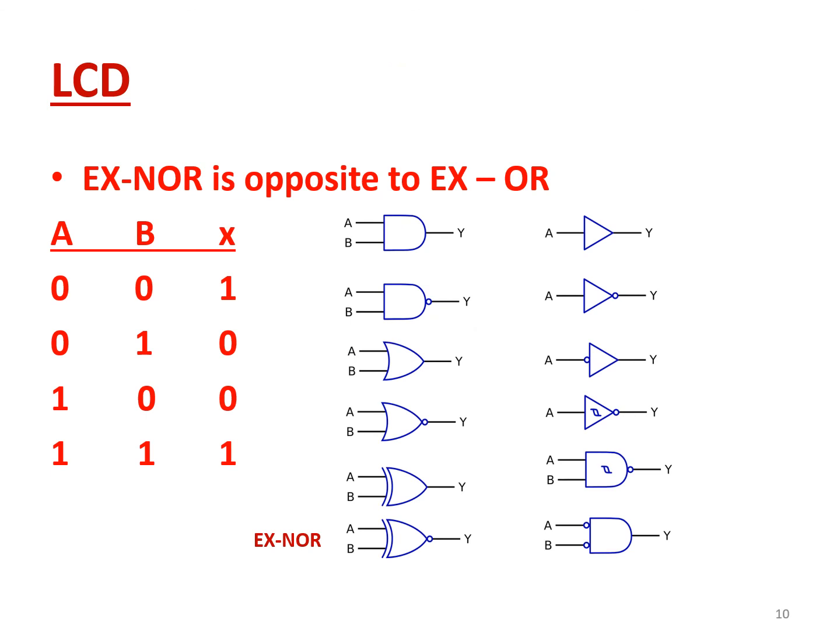Similarly, there is the exclusive NOR gate, which is obviously opposite to the exclusive OR gate. So we said that when both the variables are 0, 0 or 1, 1, the output is 1, that is X is 1, and for the others, that is 0, 1 and 1, 0, it is 0. Opposite to the exclusive OR gate, and you can see the symbol, it is marked XNOR. The only thing is that it was exclusive OR, and then we have put a small ball, or you can say a circle, at the output, which indicates that it is negated.